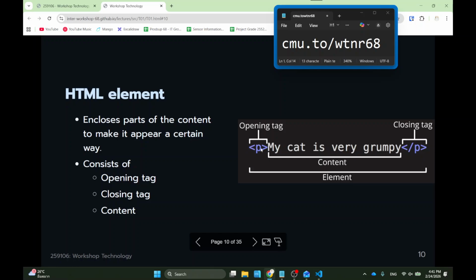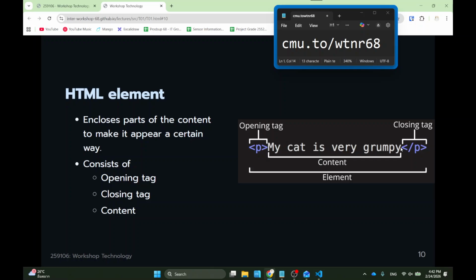And then there's a letter or combination of letters in the middle, and it will tell you the type of tag it is. This is called a P tag. Obviously, there's a letter P inside, right? So, P tag. We have something called the opening tag, which is like this, and then we have the closing one, which is the same thing with the slash. You've got to have the opening and closing so that the web browser knows what to do with